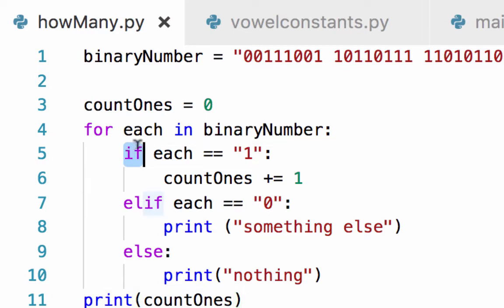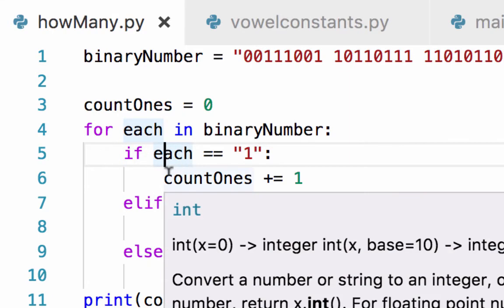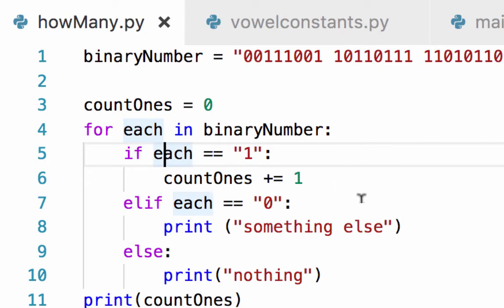In Python we've got something called an elif. So our first condition is if each is equal to 1, then count1 plus equals 1. Else, if each is equal to 0, do something. Else, do nothing. Okay. So if I run this new version,